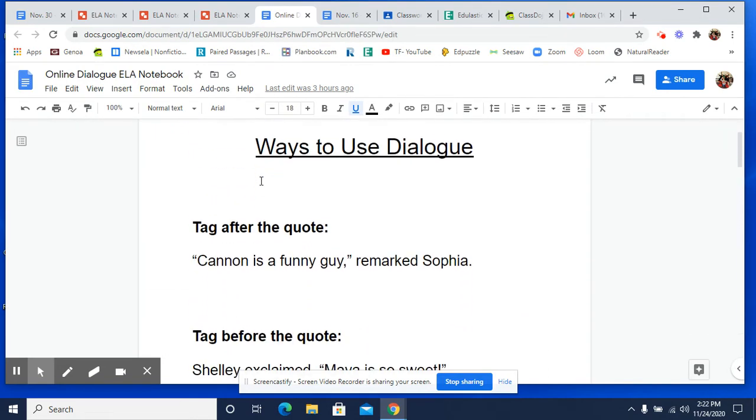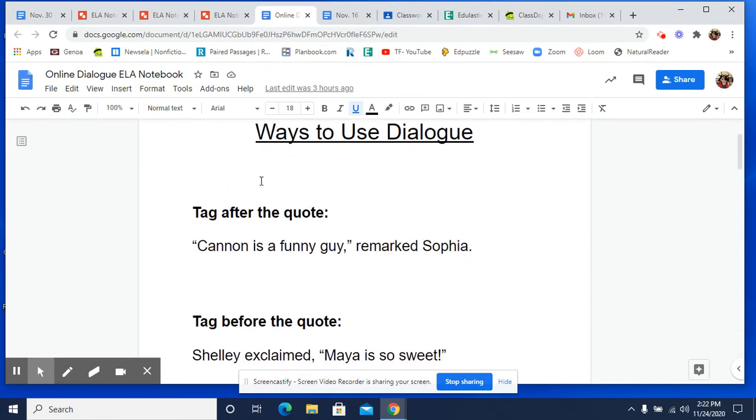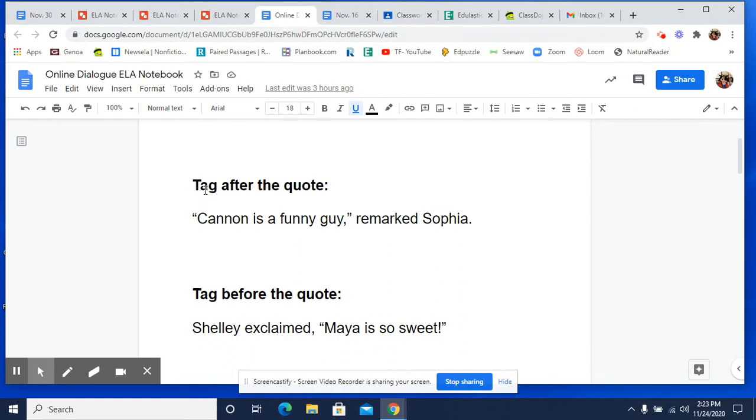And this is that first page that you don't have to write anything on, but I just want to go over it. It's three different ways to use the dialogue. Okay. So, first of all, you could have your tag after the quote. So, I would say, Cannon is a funny guy, remarked Sophia. So, this is your tag. The tag tells you who is speaking and how they are doing it. So, Sophia remarked. Okay. Notice that the quotation comes first, your dialogue comes first, and then the tag comes after,